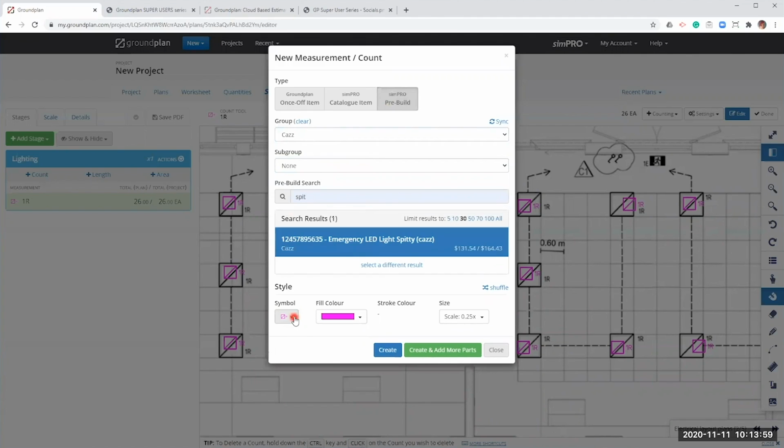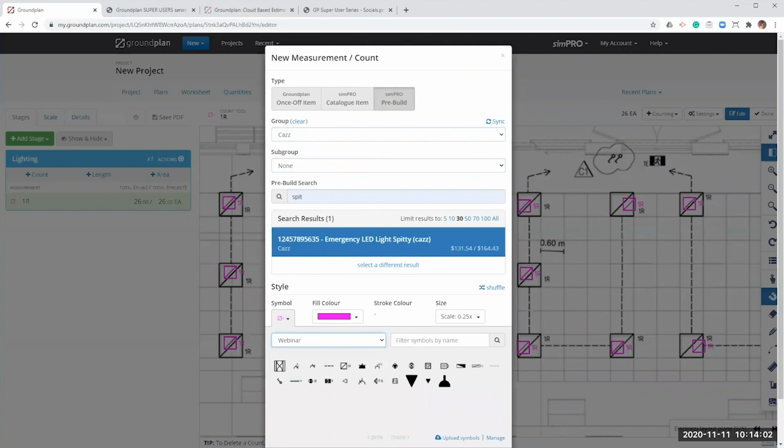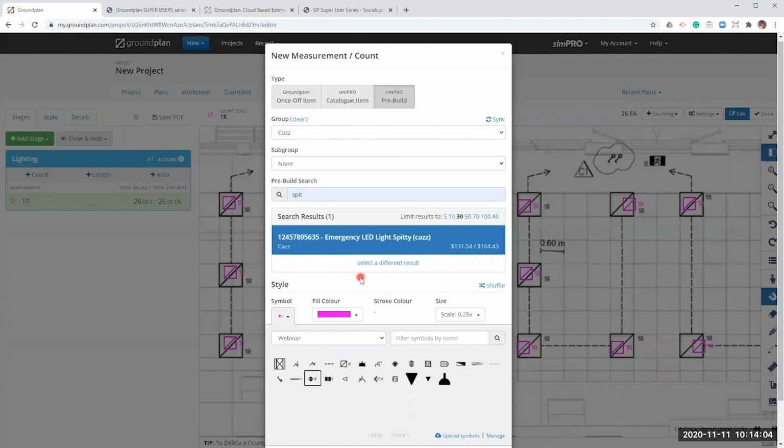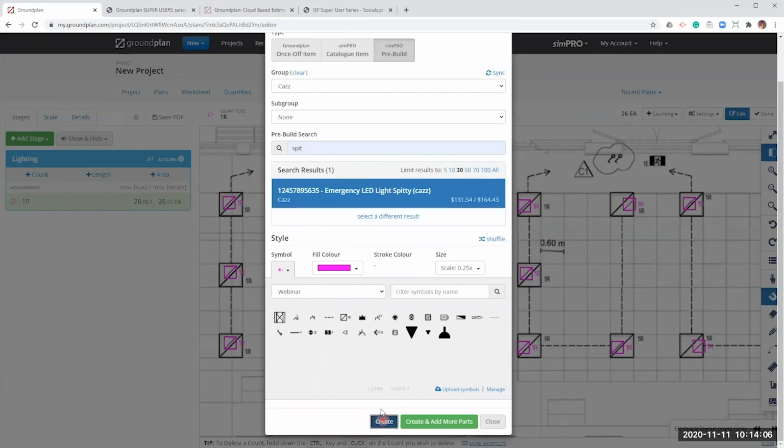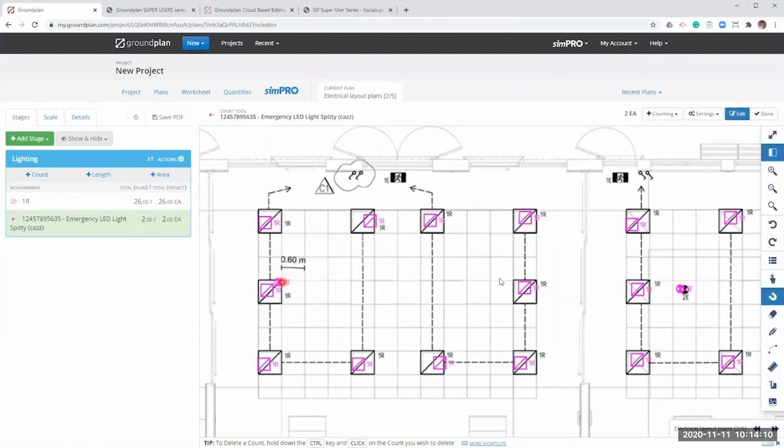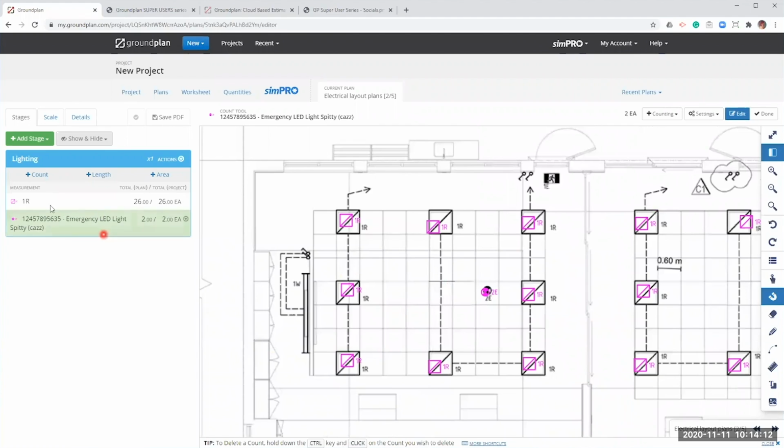So I'm just going to click to select this. Once again, going into my symbols and choose the correct symbol for my takeoff and click the create button. So I've added in my spitties here. Now, one thing you'll see is now underneath my stage, which would also come through on my legend, is actually the pre-build name. Whereas for the case of my legend and, for anyone that's going to be maybe checking over what I've done, it's probably going to be easier to have this named the same as it is named on